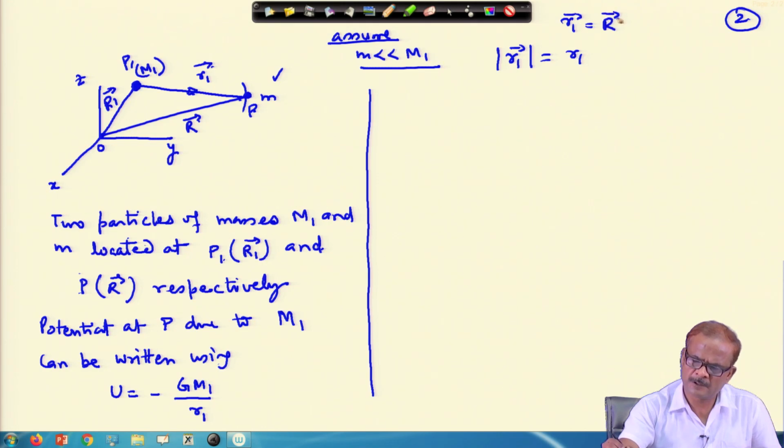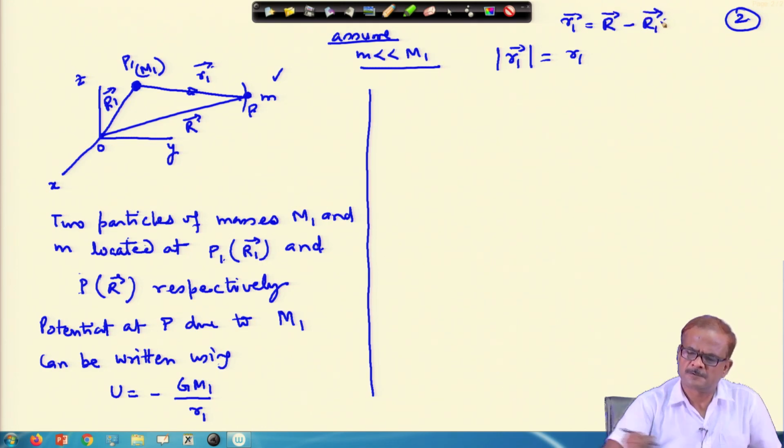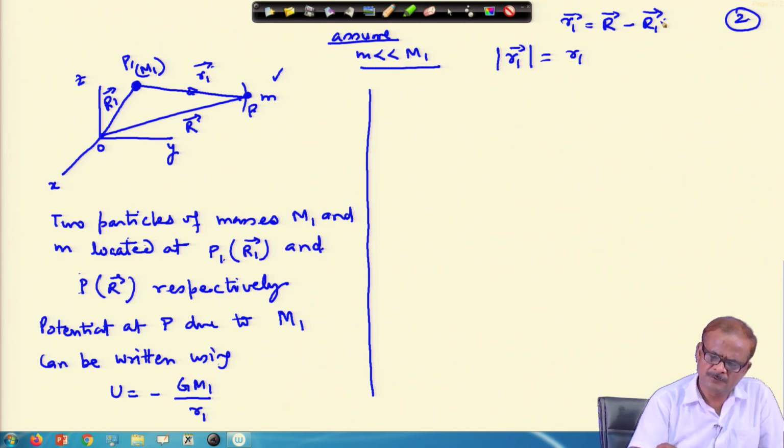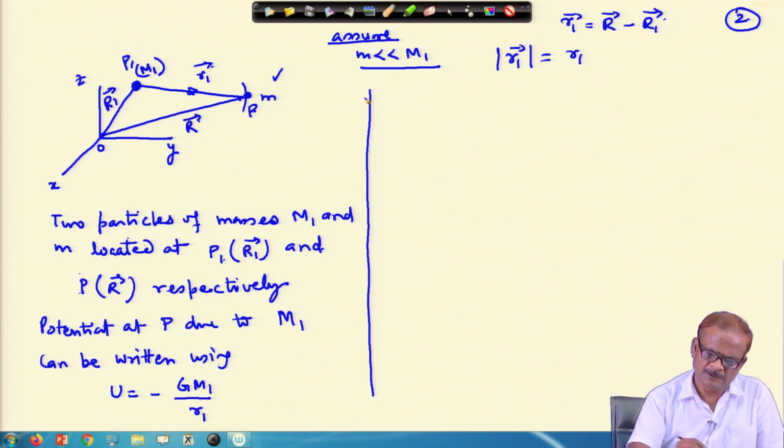Capital R 1 equal to r minus r 1. Okay, so these are the pieces of information available to us, and as usual you know that if you want to write